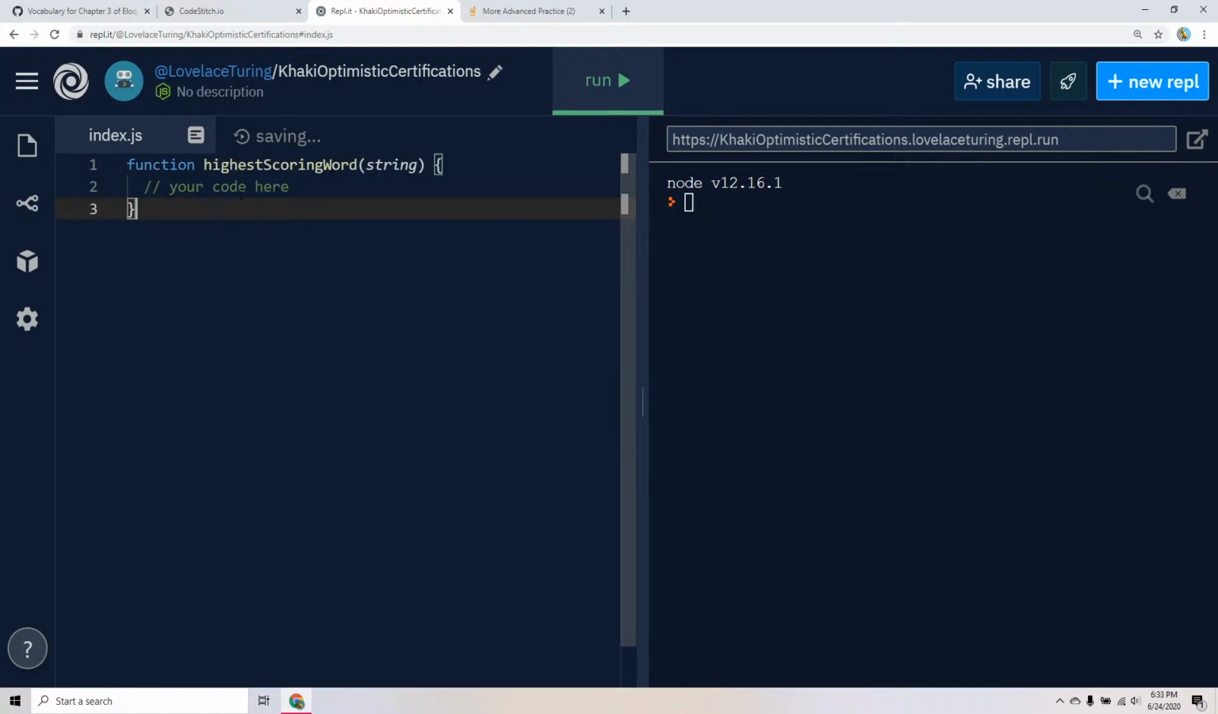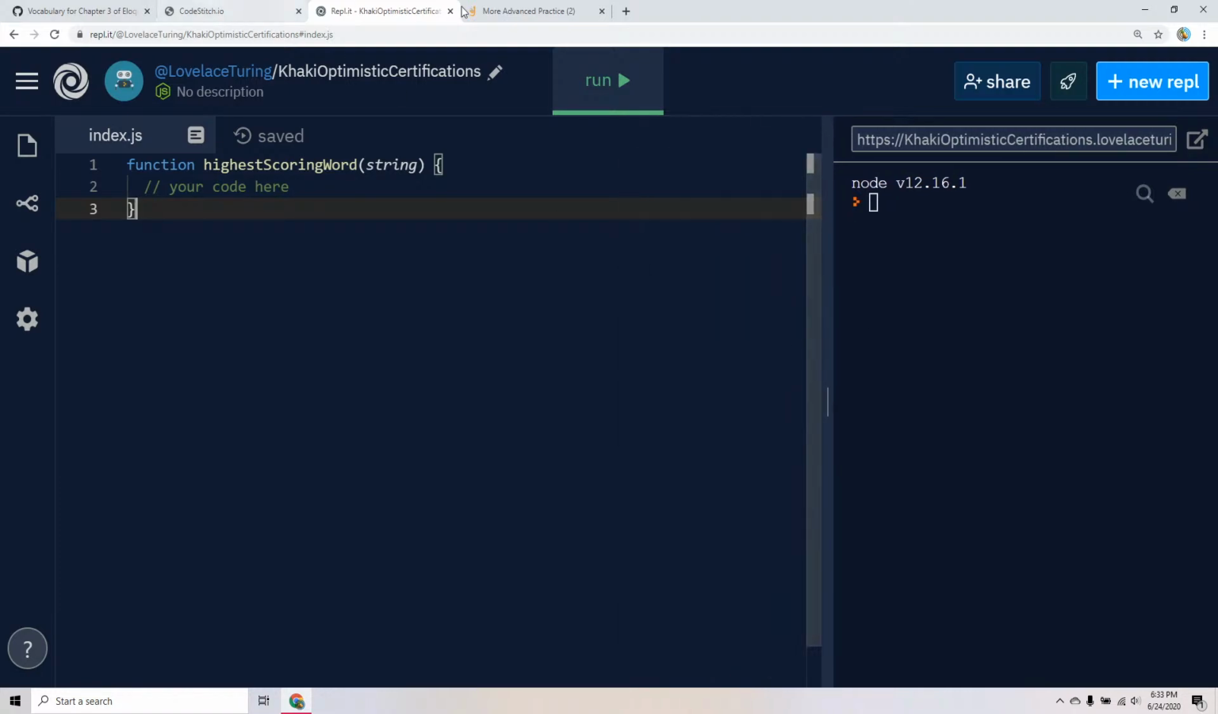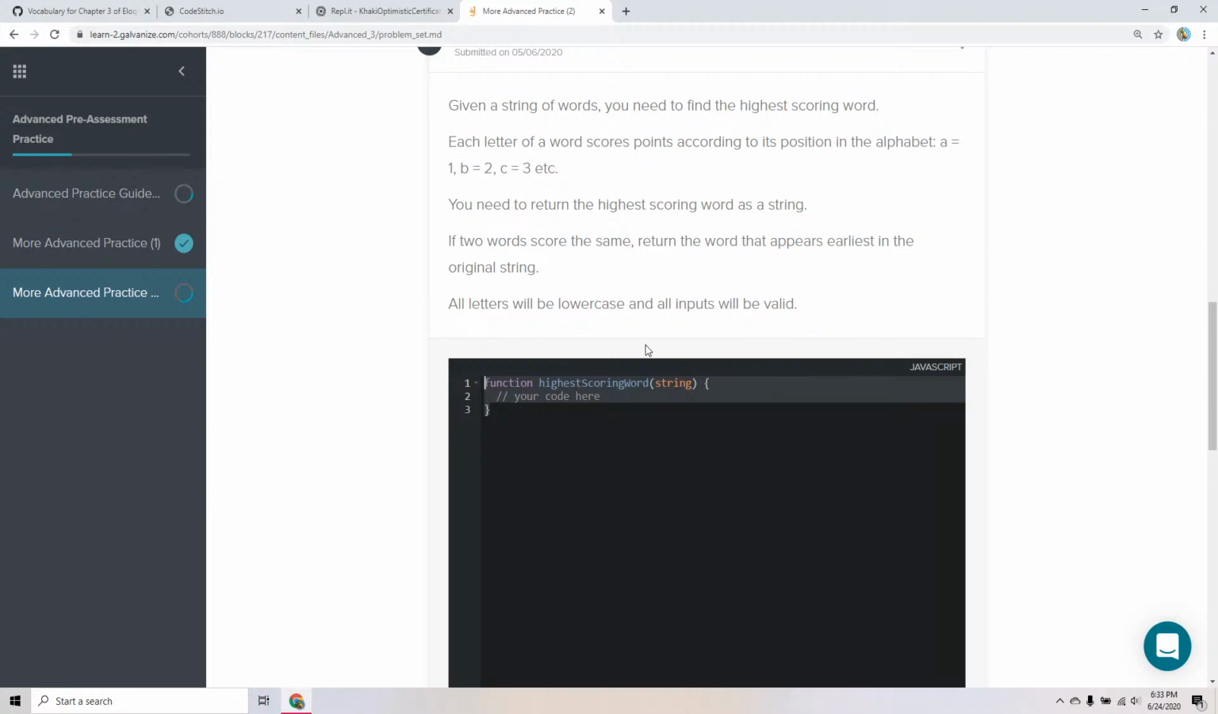Anyway, function is highest scoring word. So, all right, what are we doing here? All letters will be... Well, the first thing we'd probably want to do is figure out a way to solve this problem that doesn't really rely on any code. So if we want to return the highest scoring word as a string, we need to look at all the words in the string. If we're given a string of words,